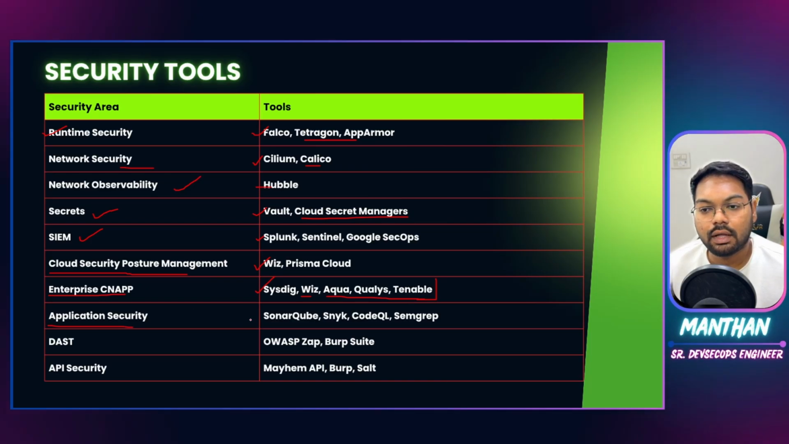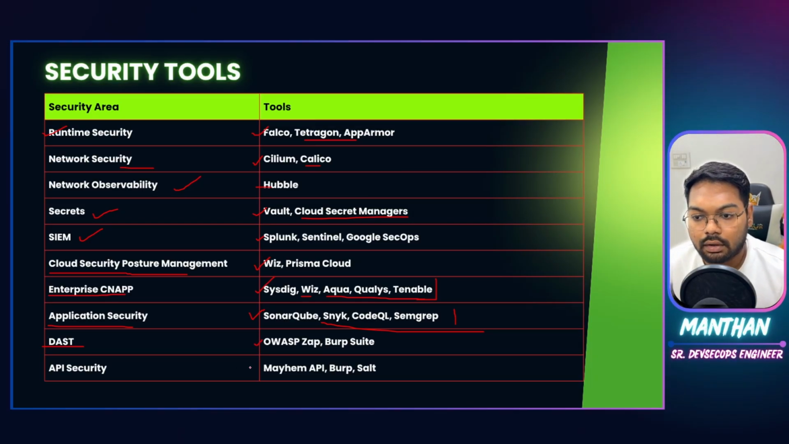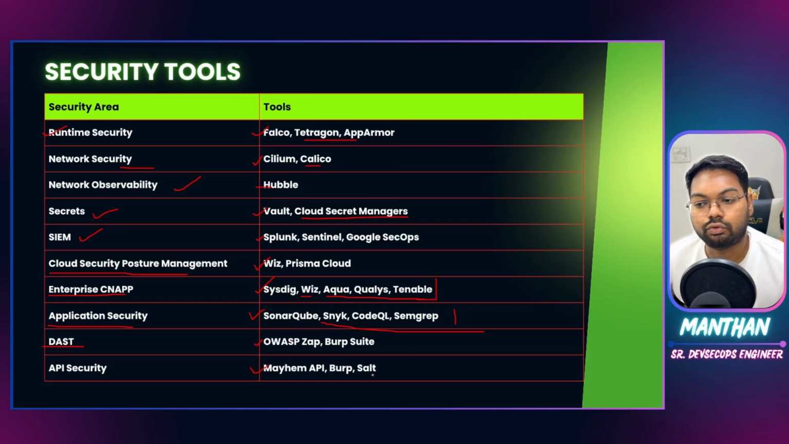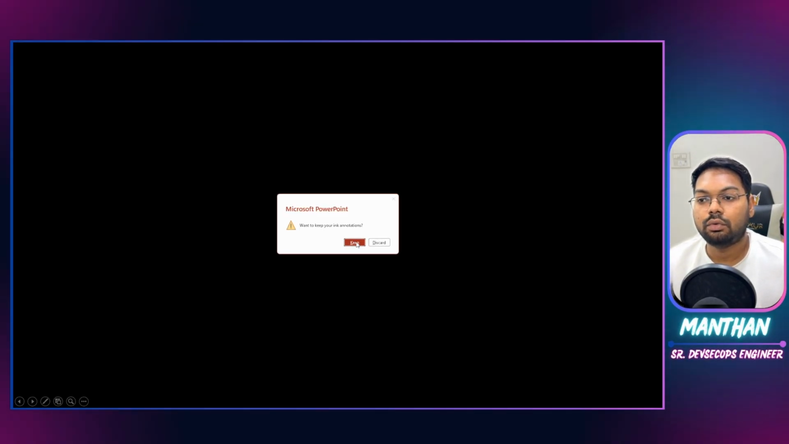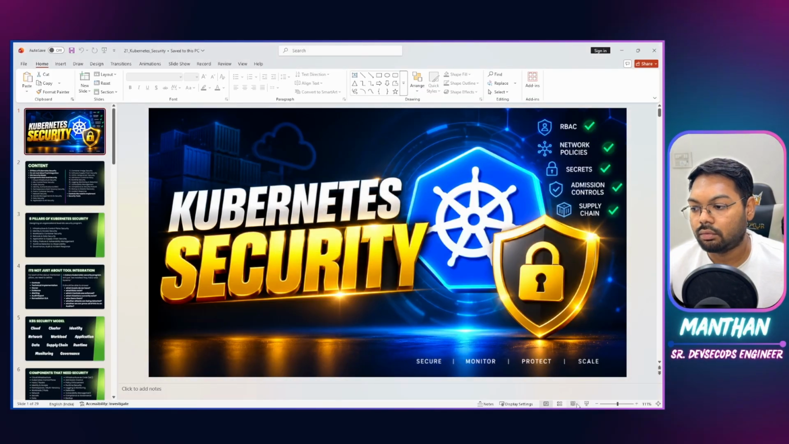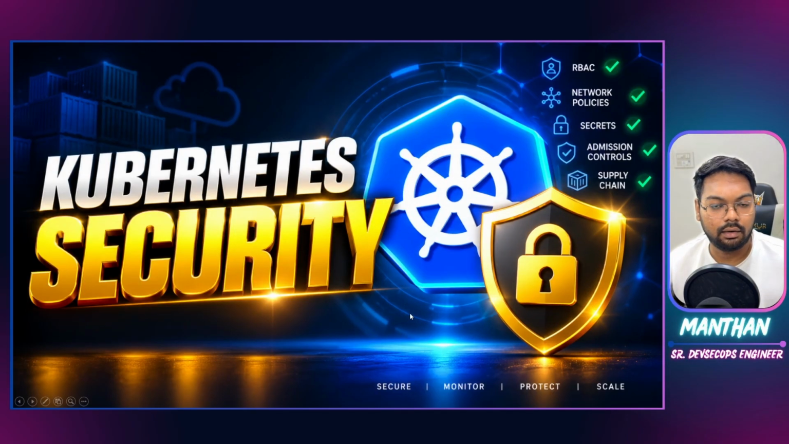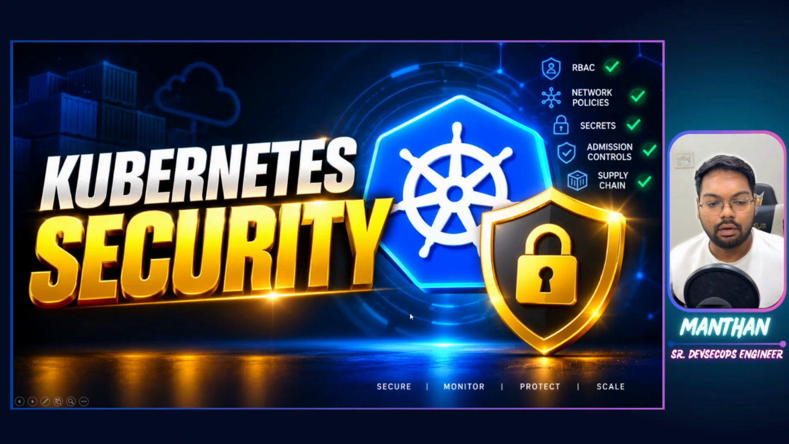Then application security, as we mentioned, SAST, SCA, DAST could be a part of this, and tools like SonarQube, Snyk, CodeQL, Semgrep can be used to do that. Then for DAST, you can go with OWASP ZAP and Burp Suite. And then API security could be done using Mayhem for API and Burp or Salt tools. So these are the different tools you need to worry about, and you can always have them in place